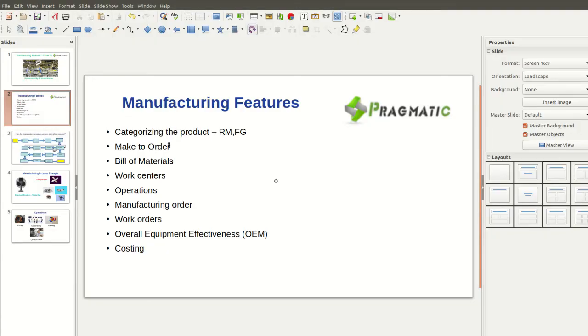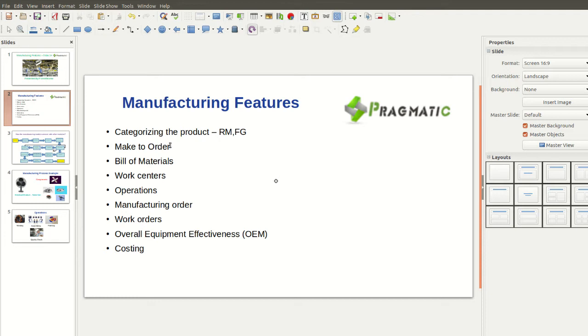make to order. So make to order and make to stock. So we need to know the difference. The make to stock is mostly in the retail. So every day they need to maintain the quantity. Okay. So the make to order means once getting the order, we are producing the product and then sell. This is the make to order.